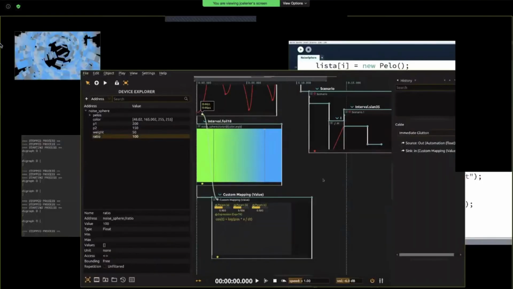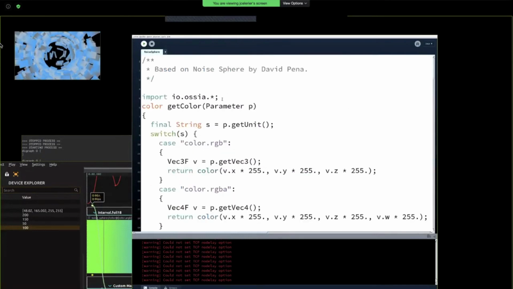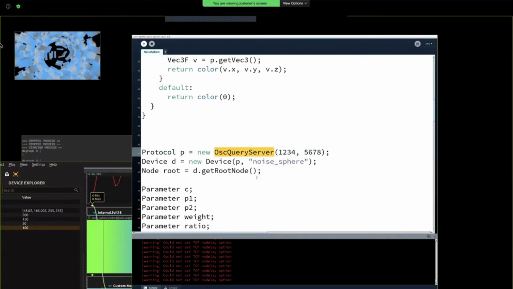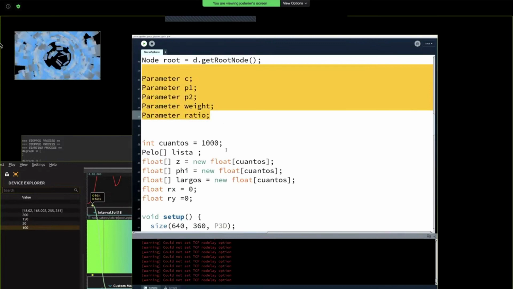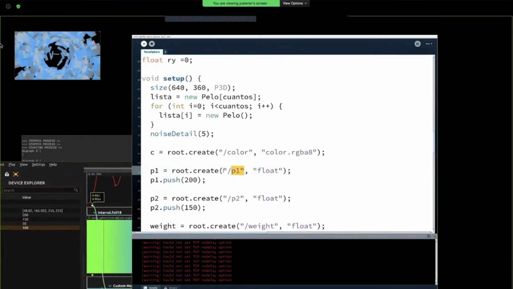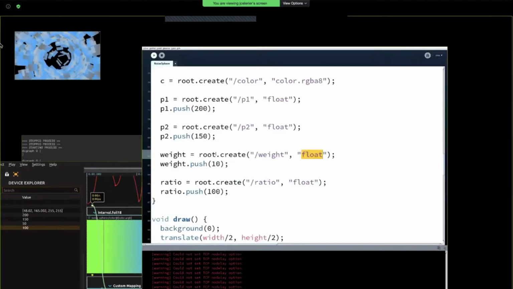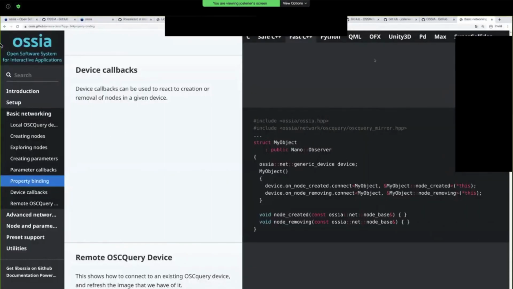So I showed earlier this thing in Processing. Processing is a Java environment for creative coding. And in it, we create an OSC query server. And we create a couple of parameters. We give them those sweet names. We say, okay, these are floats. And then what happens? What happens is that you can go, for instance, to a web browser and go to